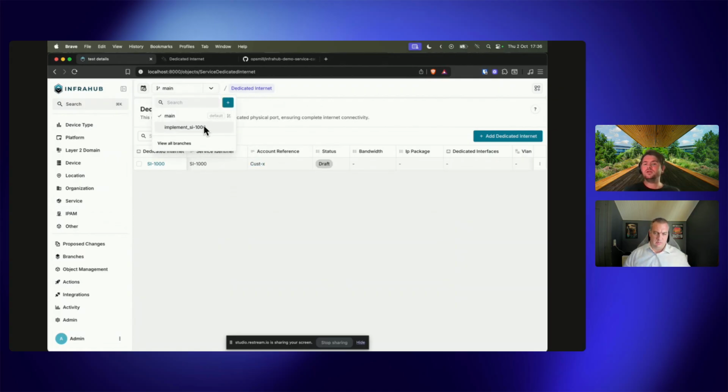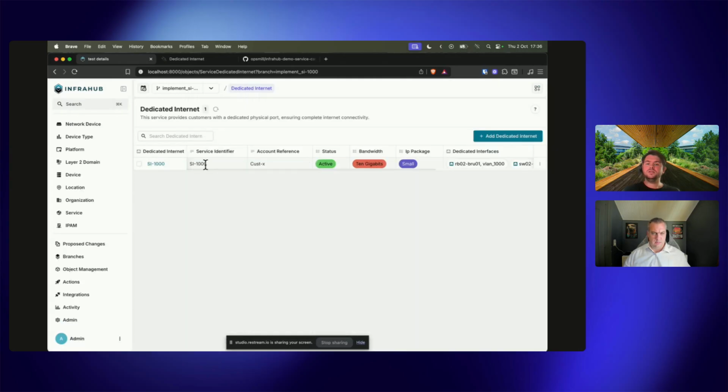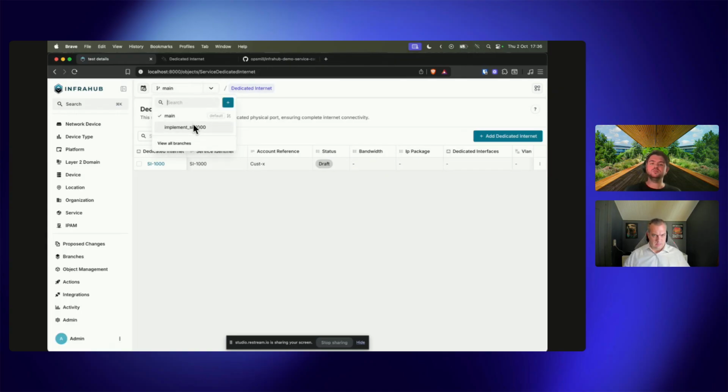So if we go to the branch that was created, we can see that the same data is there. However, the status, bandwidth, and IP package are branch aware. So if I flip between the different branches, we can see those branch aware fields being populated because they're specific to that branch. They are aware of their location in the graph,